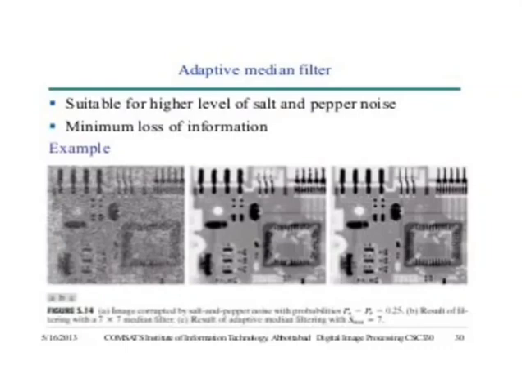A band reject filter is useful when the general location of the noise in the frequency domain is known. A band reject filter blocks frequencies within the chosen range and lets frequencies outside of the range pass. This figure represents, from left to right, perspective plots of ideal, Butterworth and Gaussian band reject filters. One of the principal applications of band reject filtering is for noise removal in applications where the general location of noise components in the frequency domain is approximately known.